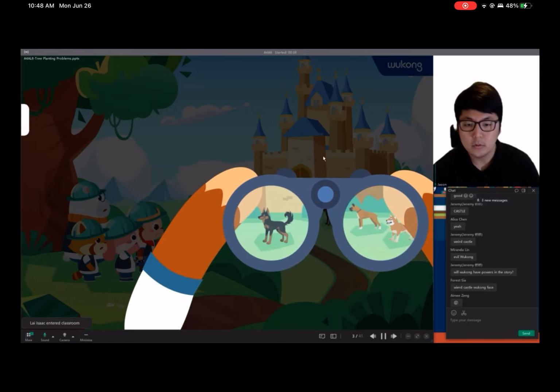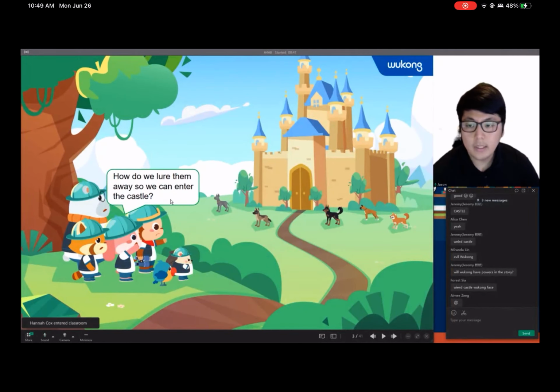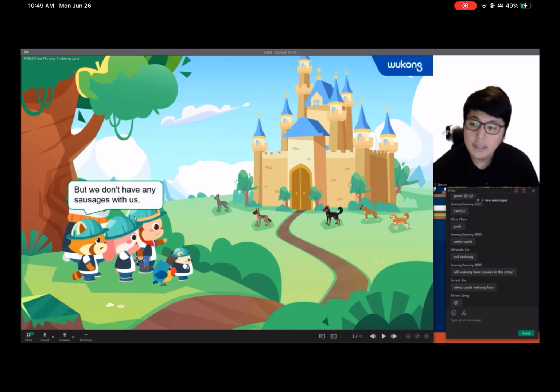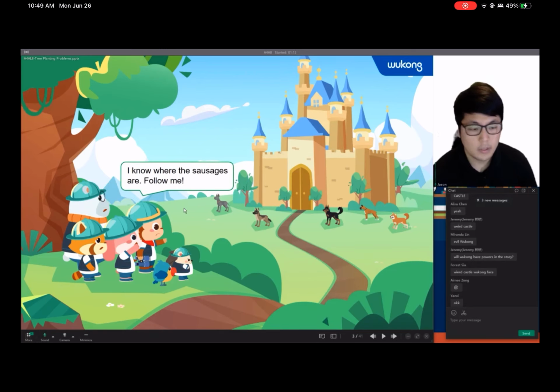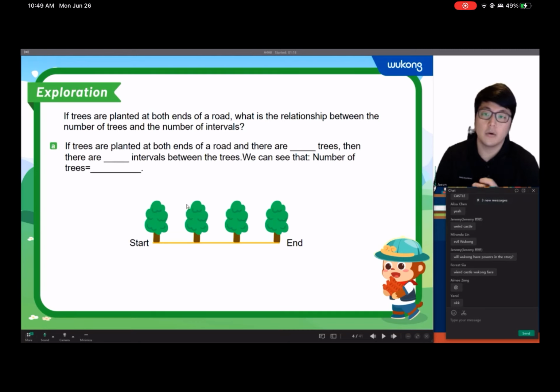Okay. So, ooh, we see some dogs near the city gate. Okay, so that's a castle, and there's some scary looking dogs. How do we lure them away so that we can enter the castle? Well, entering safely, right? I heard that these dogs are very greedy and their favorite food is sausages. Let's use some sausages to lure them away. Okay, but where do you get the sausages? In the island. Okay, but we don't have any sausages with us. Well, I know where the sausages are. Follow me. Okay, Wukong. So, guys, this is the type of questions that we're going to do today, but there